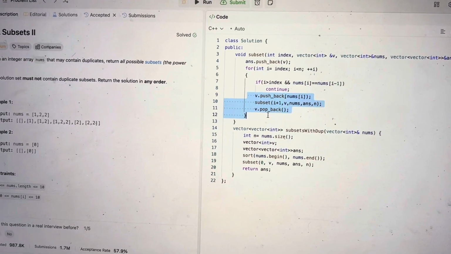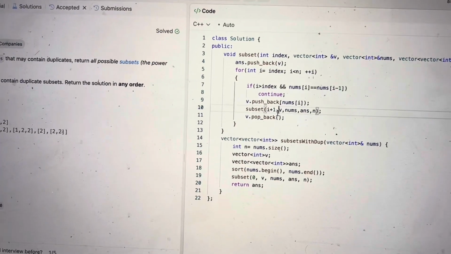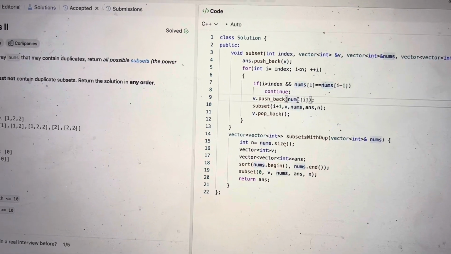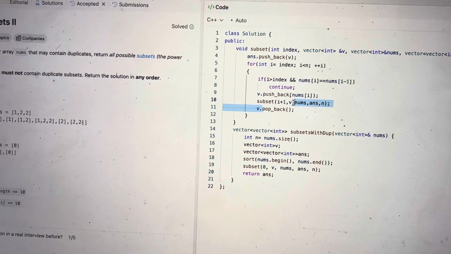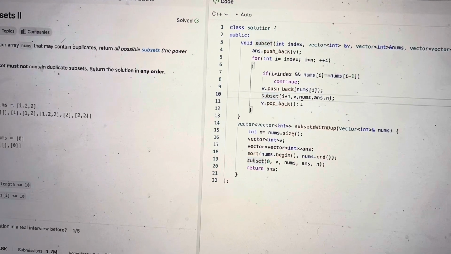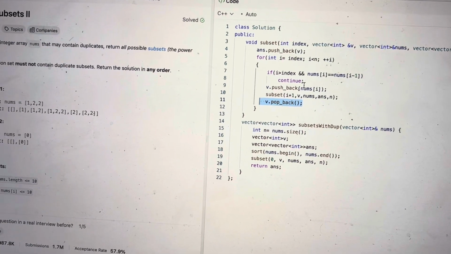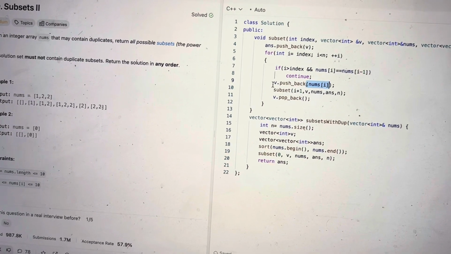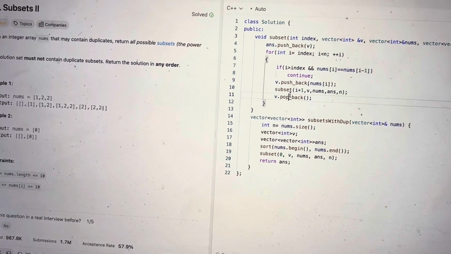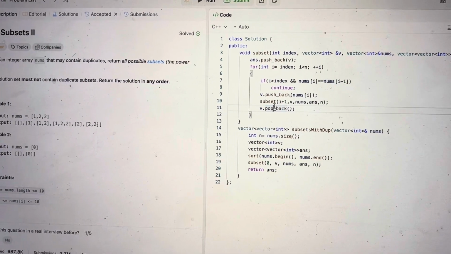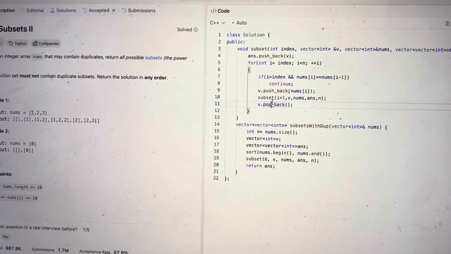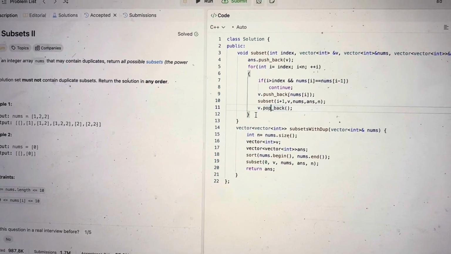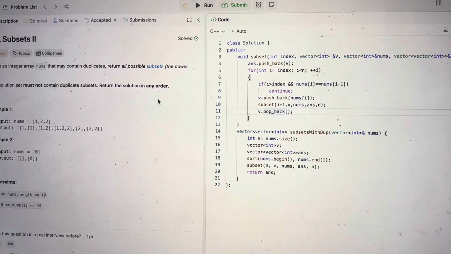We continue. Otherwise, we push the element, and then we call this subset function again. Then we backtrack by removing the pushed element from the current vector. So this recursive function helps us to find the subsets and removes the duplicates. Okay, so we will run